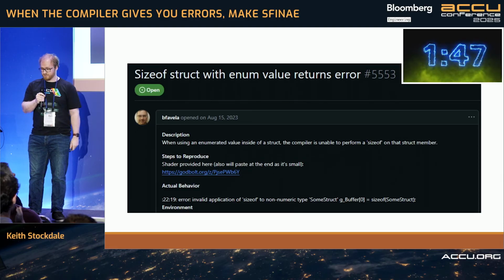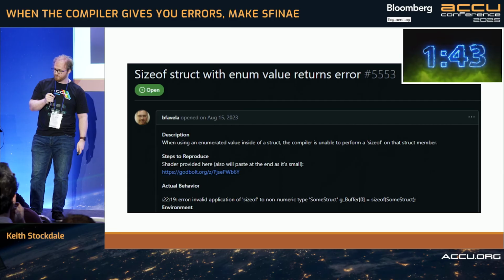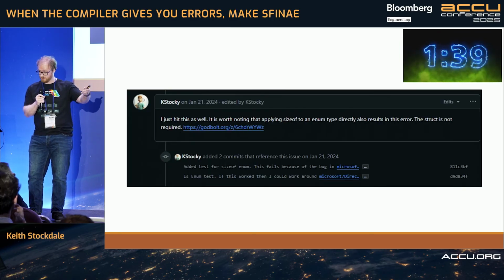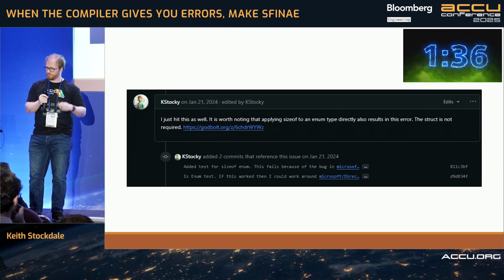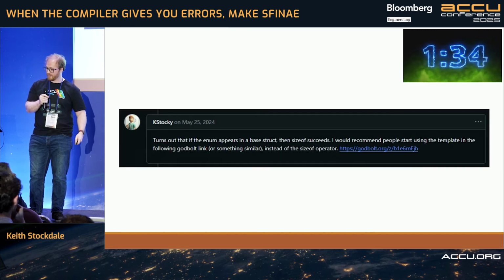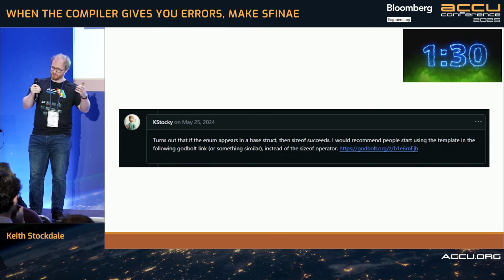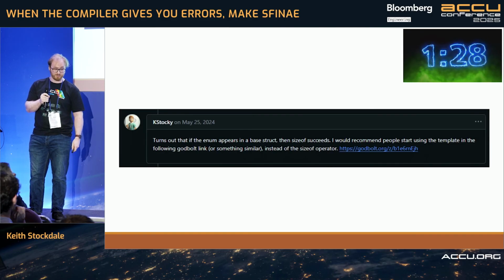So the nice thing is, Mr. Favela here, he actually posted this compiler bug on the GitHub, and whenever I came across the way of detecting this, I posted my solution, as a good engineer should. And then once I found my workaround, I also did the same. So yes, don't be Denver Coder 9. Please share the knowledge that you have worked on. It's helped everybody. Although this probably has helped maybe 2 people in the world.